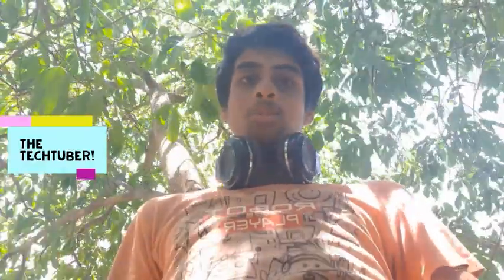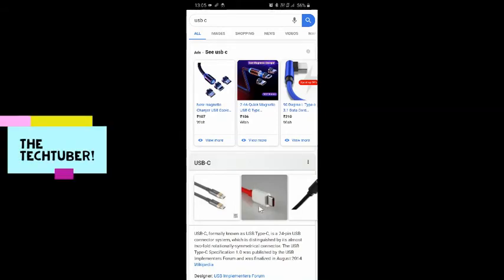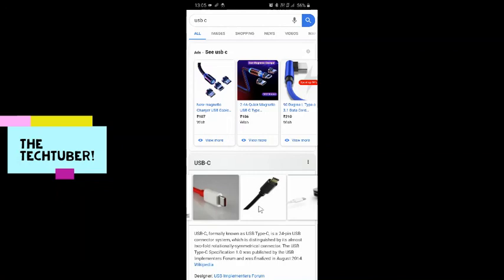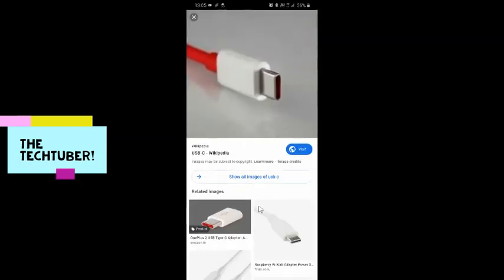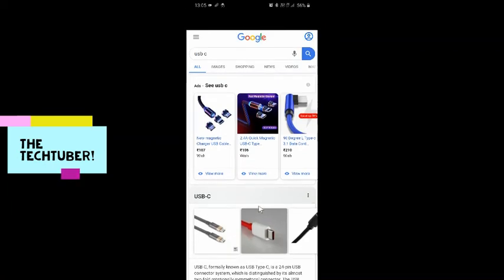Here is a term which you might not know, and it's interesting to know. So now we are going to jump right into it. You can see this is USB-C, and now we are going to see a few types of charging cables. So this is the USB-C charging cable, and it's mostly widely used, and it's, I think, the best cable. It delivers fast charge and UFS 3.0, which is a merit for transferring data speeds. That's time for another video because it's a big thing to explain. So it's great. 24-pin USB connector system, and it's simply amazing. It's powerful, it's good, it's efficient, it's fast, everything you want.